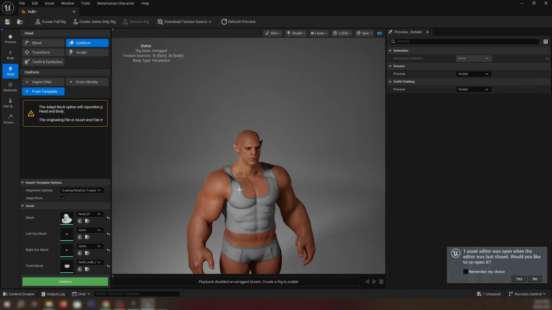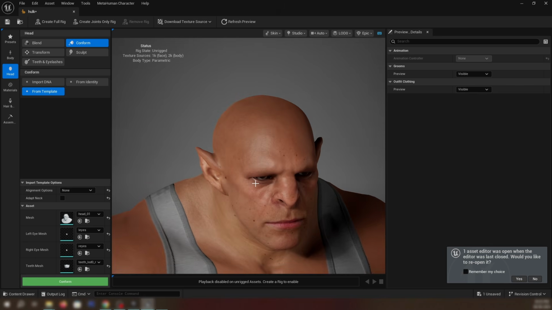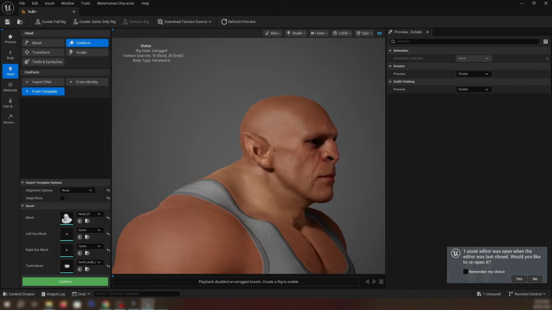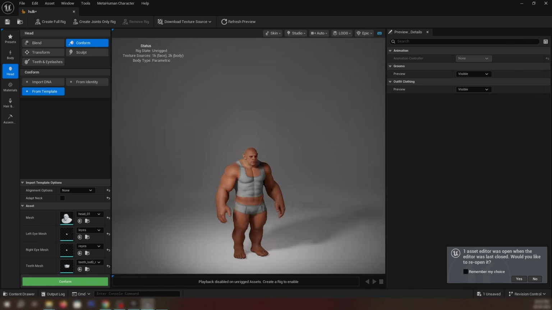It will replace the head, but there are some neck problems, so we need to tick this neck option. We need to keep it as none. You can try yourself whatever suits you. So this is the mesh. It is just the mesh that we are seeing right now. It is not rigged right now.